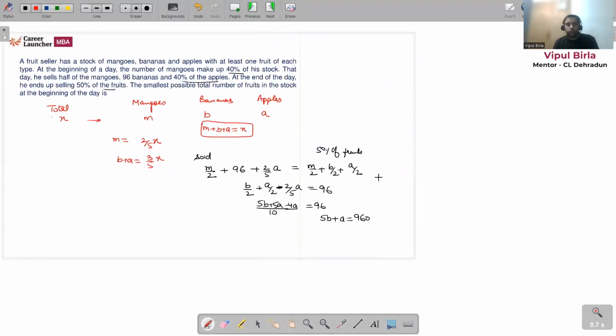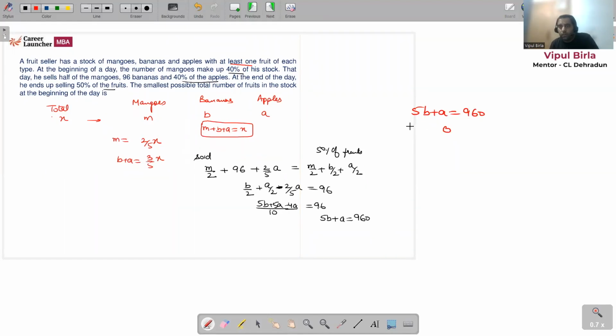Okay, so my aim is to identify the minimum possible value of x, which is m plus b plus a, and a person has bought at least one fruit of each kind. Now look out, because banana and apple cannot be in fraction, look out for their integral solution. Let me write it: 5b plus a is equal to 960. Now, since 960 is a multiple of 5, if I put a equal to 0, b will become